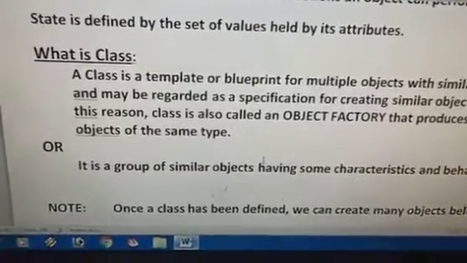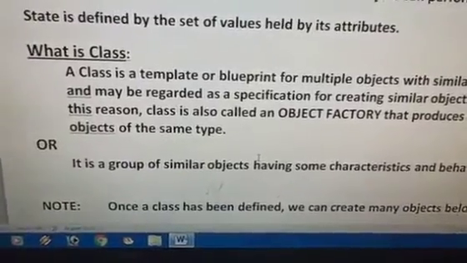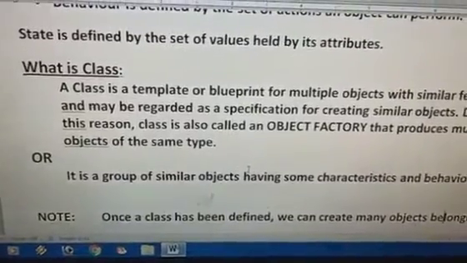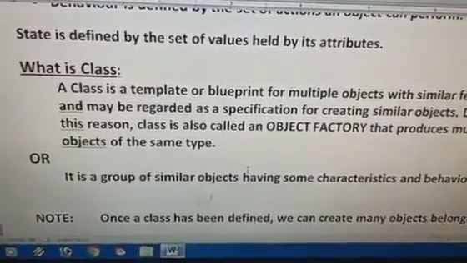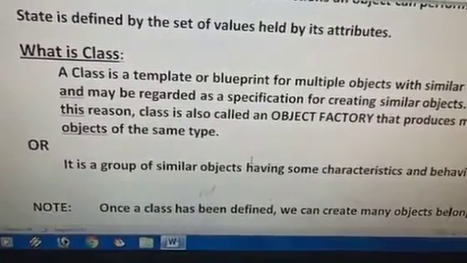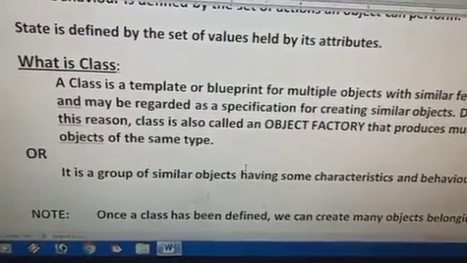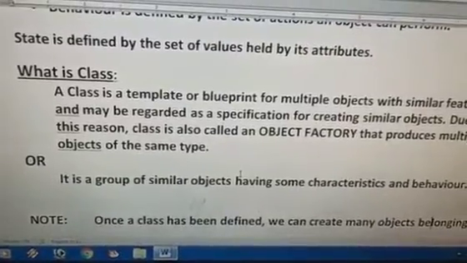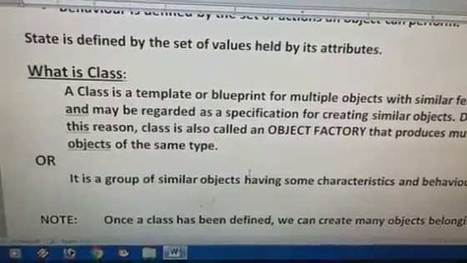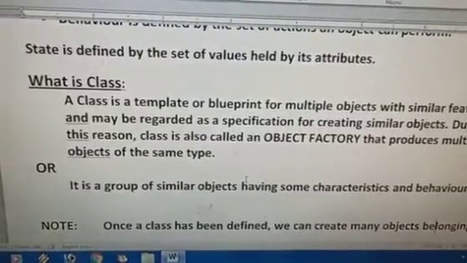For example, you can assume a class called fruit. Fruit has three characteristics: the color, the flavor and the origin. And the objects you can assume are the orange, the mango, the different fruits, right? Now these objects, orange and mango, have the same characteristics, but each has its own specific values. Under class fruit, the fruit has color, flavor and origin. These are the characteristics of the fruit class.